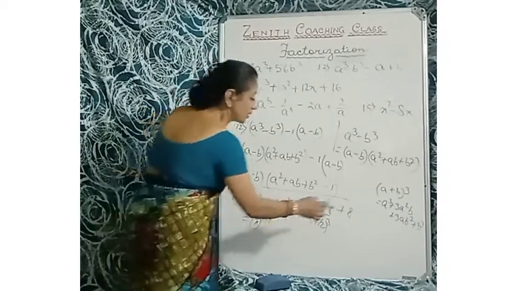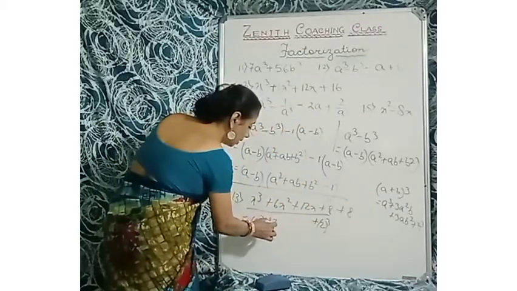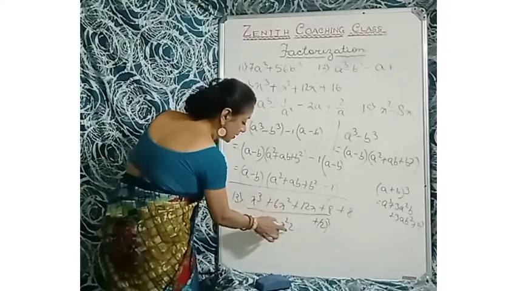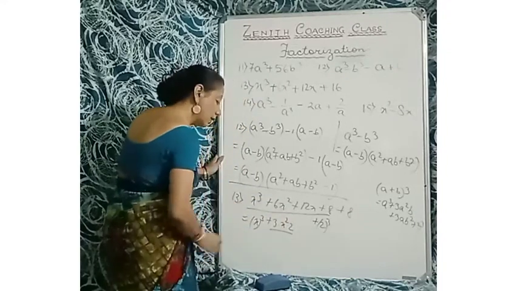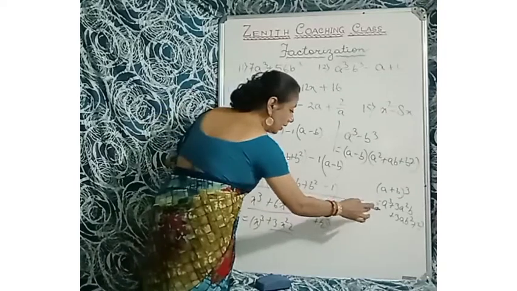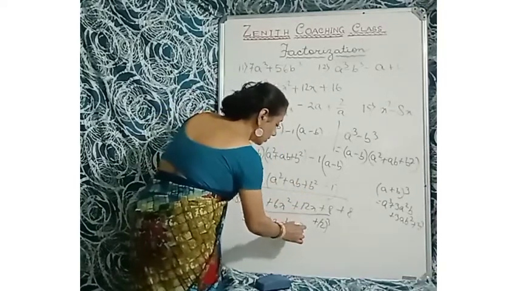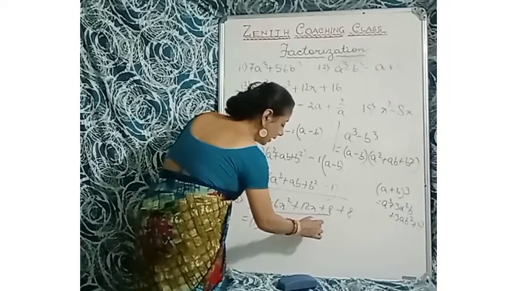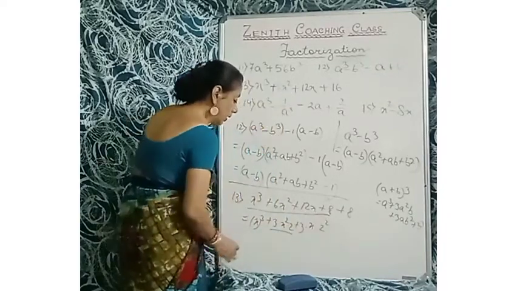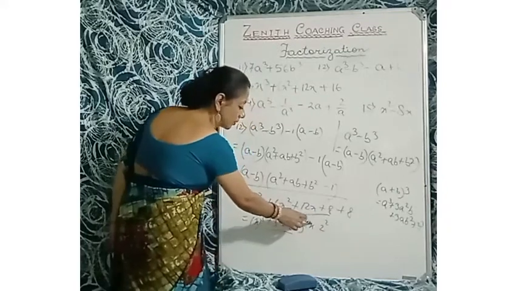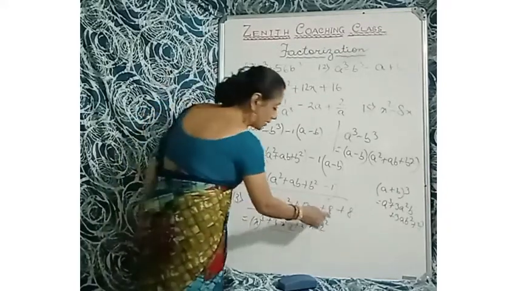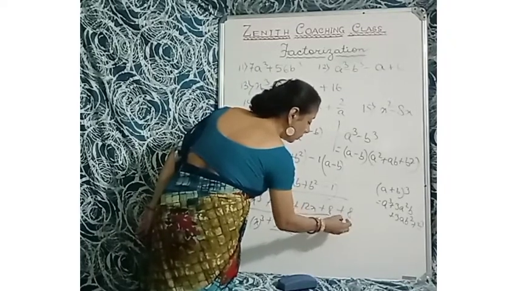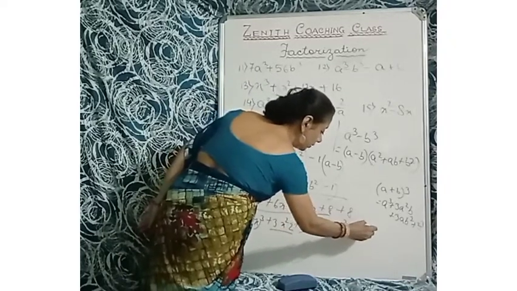Now we need 3a square b, so 3 multiplied by x square multiplied by 2. See, that is 6x square. Now 12x: 3ab square, so plus 3 multiplied by x multiplied by 2 square. Okay, so 2 square means 4, 4 times 3 is 12, 12x. Satisfied? Plus 8, that is 2 cube. Now plus again 2 cube.